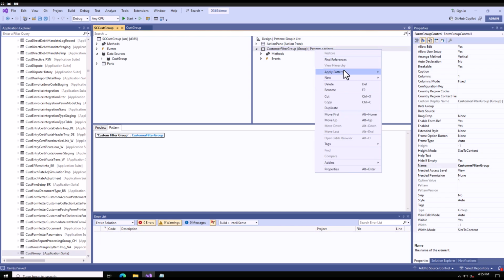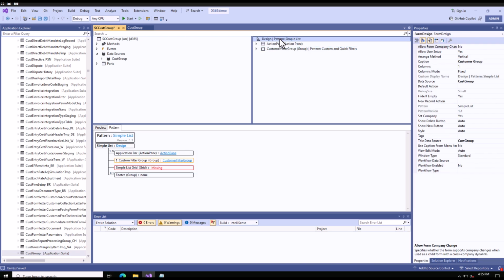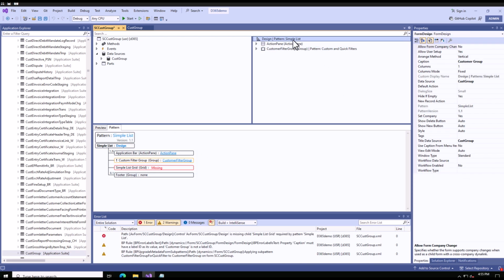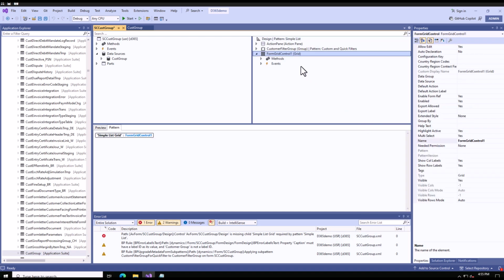Here I need to select a pattern. I will say custom and quick filters. Now again I need to add a quick filter control here. I will come to this one later. The first thing is that I will complete my grid. So for that I can again click on new. Here I will select my grid, and here I can give a name to my grid. I can set this as grid,